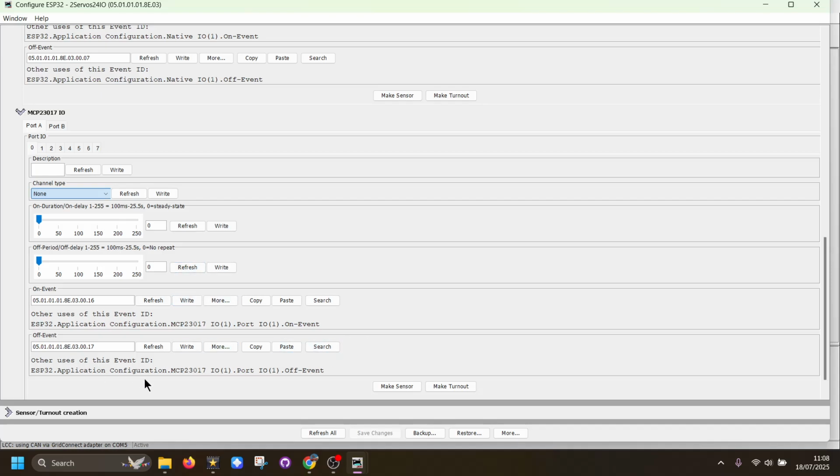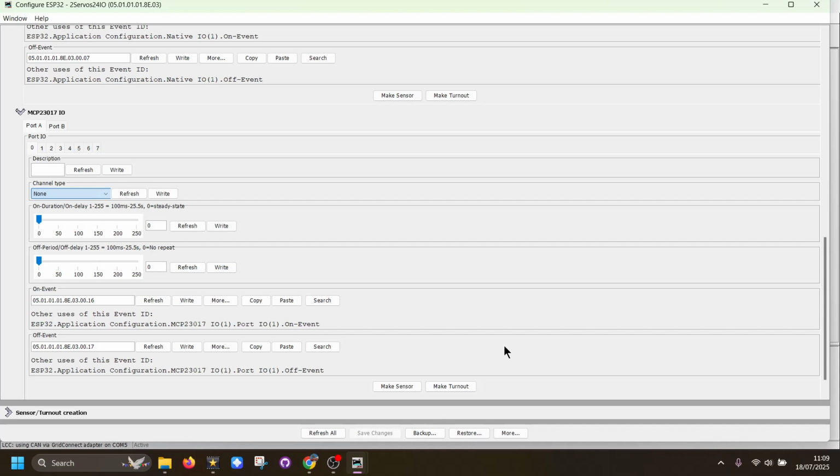And that's basically where we're up to with that sketch. So this sketch will be available in the GitHub repository very shortly. I'm just finishing off the final testing of it, but I just thought I'd show you the new feature in